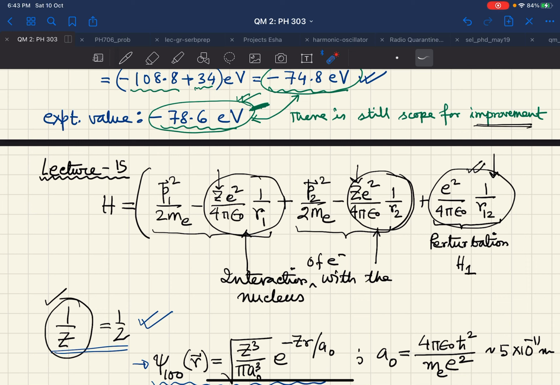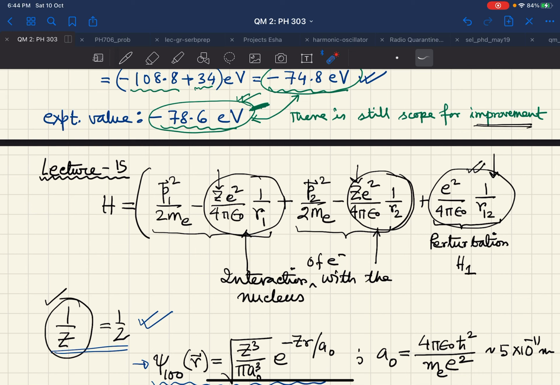See, you have written down the Hamiltonian, where we have this as the hydrogenic Hamiltonian, this as the hydrogenic Hamiltonian, and this as the repulsion term between the two electrons. Now suppose we want to treat the Coulomb energy between the two electrons as a perturbation on the original problem. Now, before proceeding, we need to ask this question.